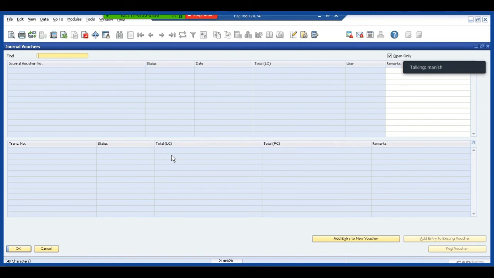So let's assume an example. A new accountant comes into the organization and the manager does not want him to post directly into a general entry. So in that case, we can use a general voucher where he uses the general voucher to post all the transactions. The manager checks the transactions. If it is okay, then he can post those transactions from the general voucher to a general entry. So this is how we can use our general vouchers.